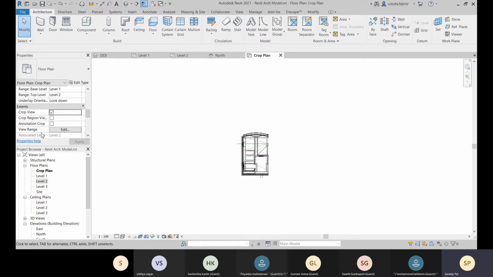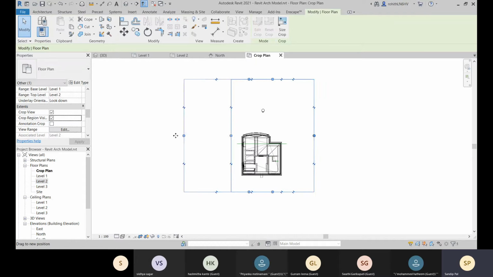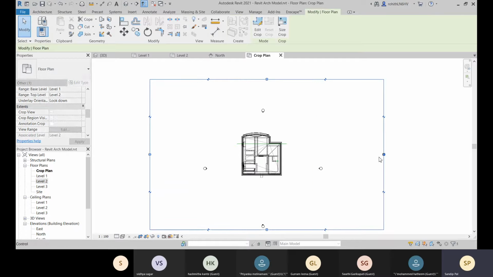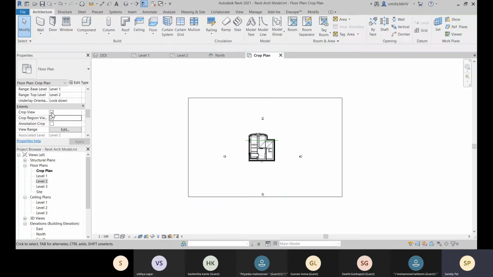If you uncheck this, and make it visible over there, and let me push back, and uncheck this crop view.